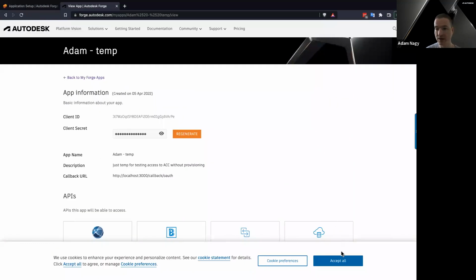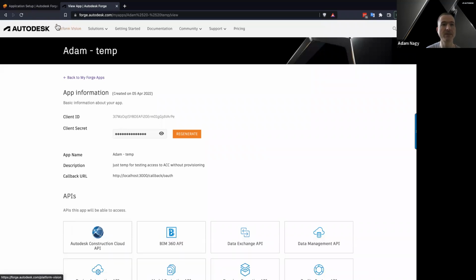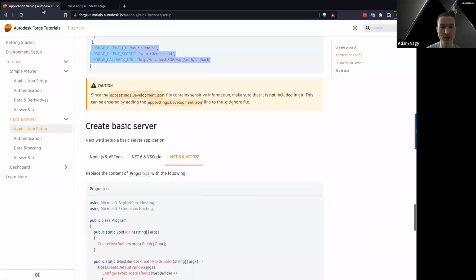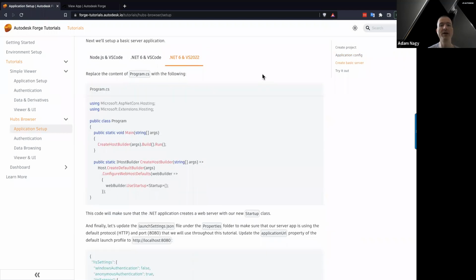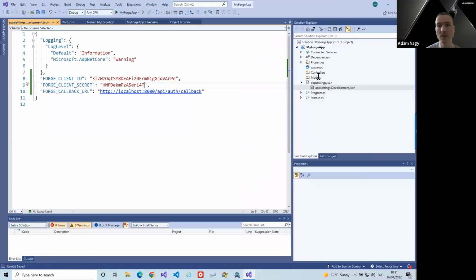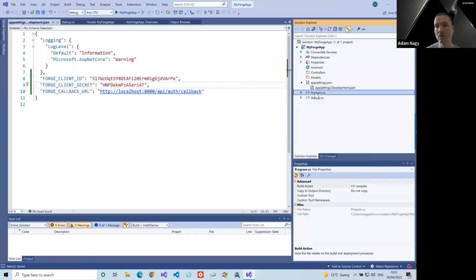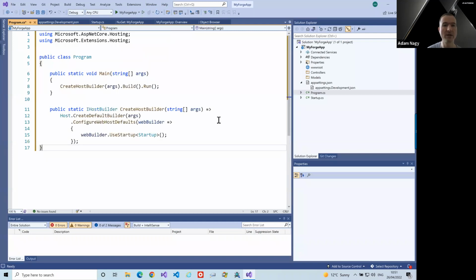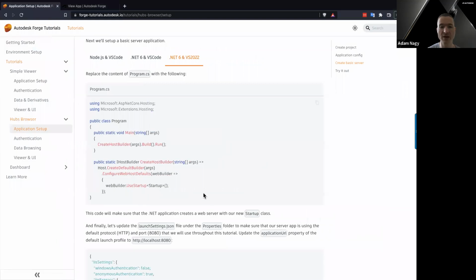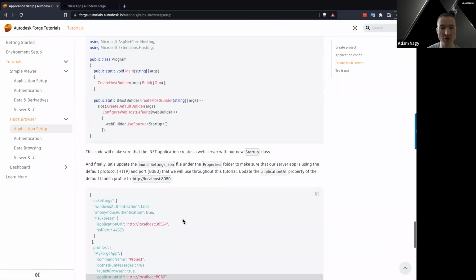So I have that there. And now we can create a basic server. We are going to be modifying the content of the Program.cs file. So we can just simply copy this content from here, and then just overwrite it here. Again, make sure you're saving everything because sometimes it doesn't happen and you don't want to lose all the changes